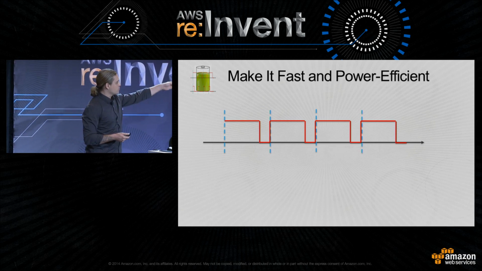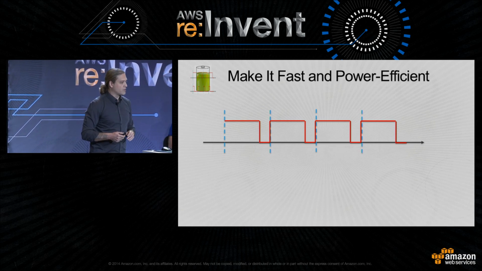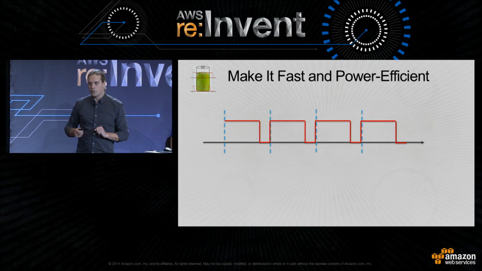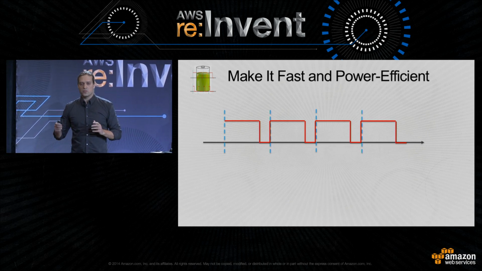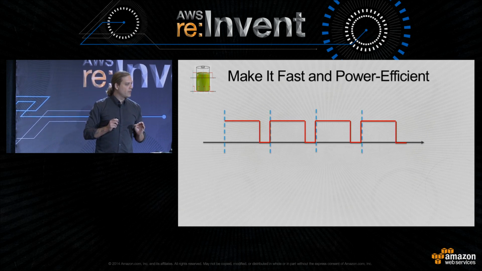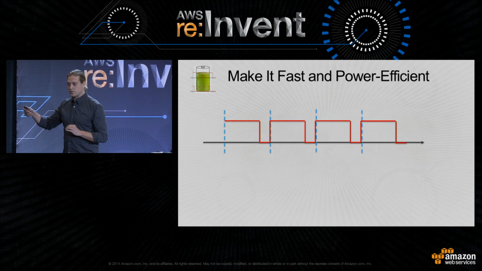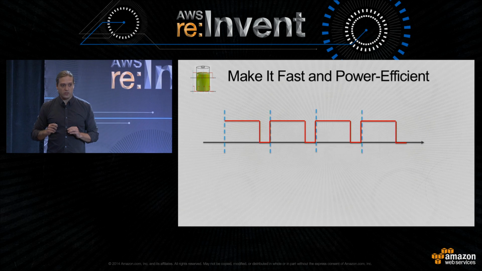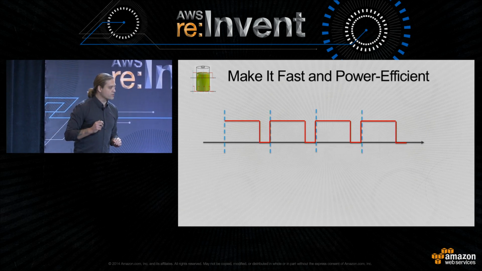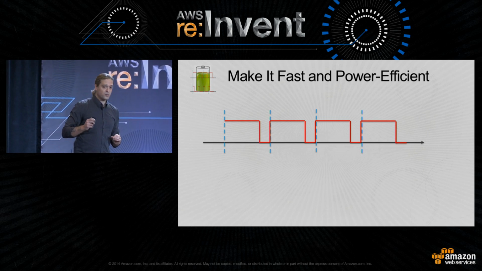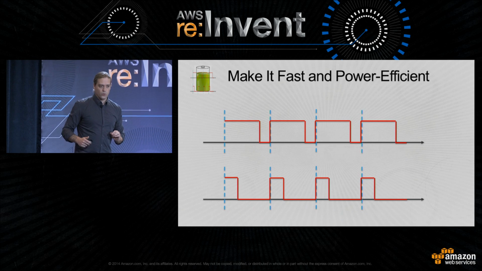So imagine those green dotted vertical lines are 16 milliseconds apart. If you take 10 milliseconds to render your frame, mobile GPUs are really great at quickly going to sleep for the rest of the frame time, which is the 6 milliseconds, and save power. So if you can optimize yourself to render that same frame in 5 milliseconds instead, you can almost double your